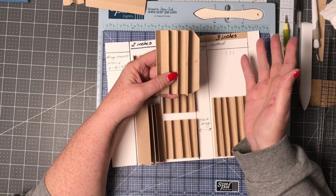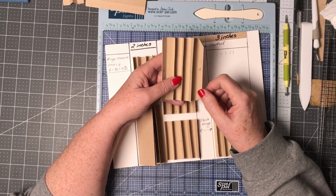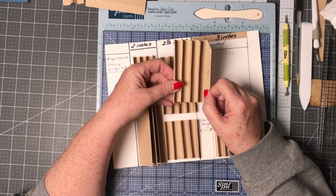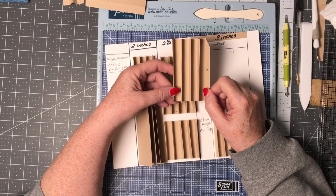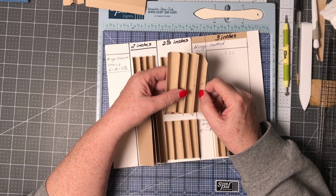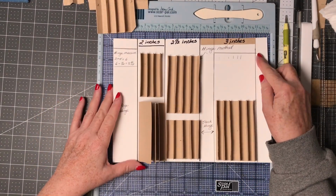It's just paper. And I mean, if you don't want to use any cardstock, then use some copy paper. And it's not going to be your hinge for your mini album, but it comes in more abundance than your cardstock does. So don't be afraid to play around, test it out, try it out,